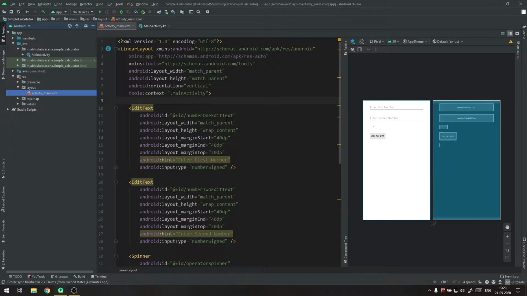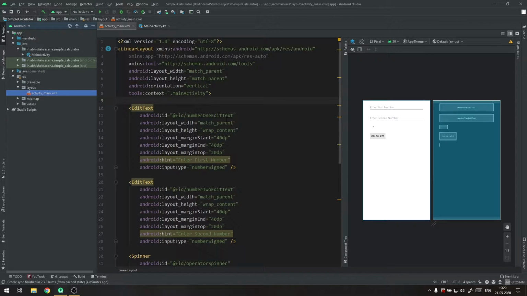In this video, you will learn how to take input from the user and send the output. So far, we have made the layout for the calculator application, and now we will be adding the functionality and displaying the result. The logical part of the application is coded in Java or Kotlin. I will be teaching in Kotlin. If you want the preferred language as Java, let me know in the comments and I will be making tutorials in Java.